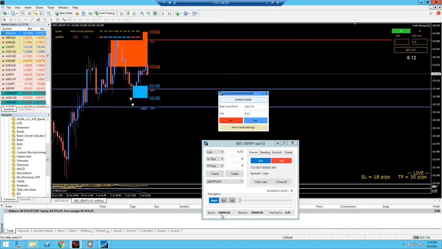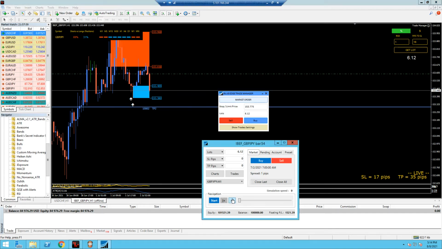Right now you can see I just started with a $100,000 simulator account here. And let's just see. All right, so right now, boom, my take profit, my original stop loss, I'm assuming moved to break even, but it's no longer there. I don't see it. It disappeared. And if we keep moving forward here,